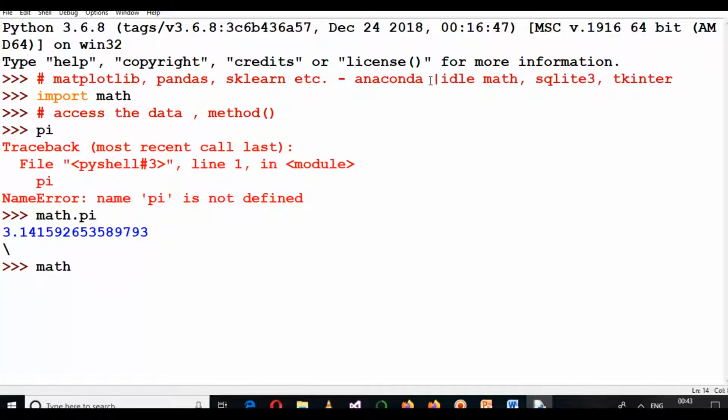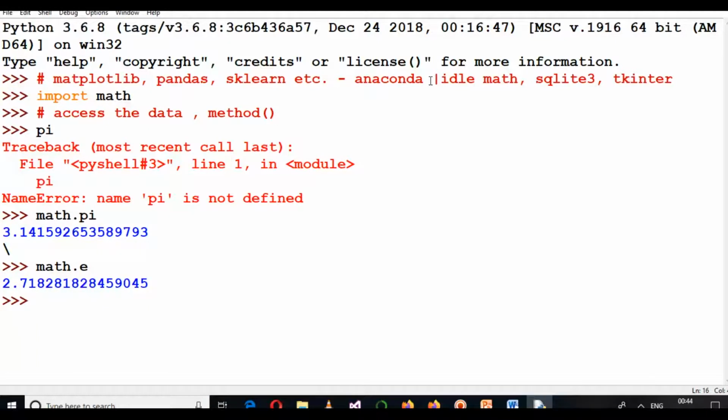We can also write math.e. This e is Euler's number, which is used in logarithmic calculations as a base, and this value is also stored in this math library. So this is one work of a library.